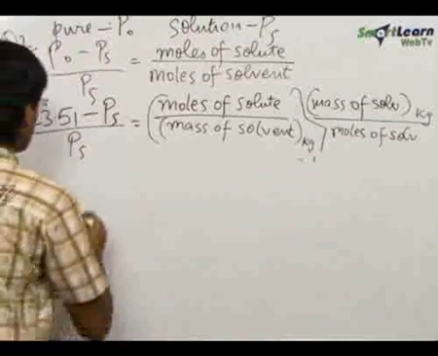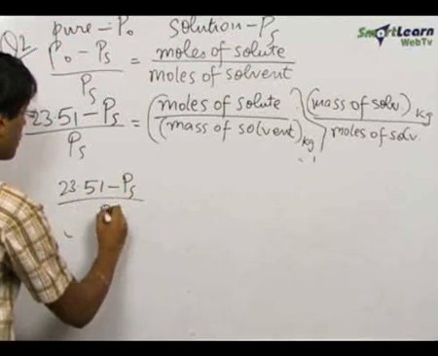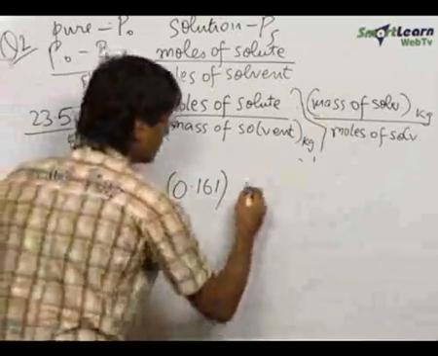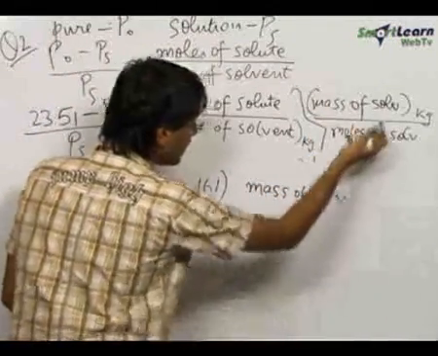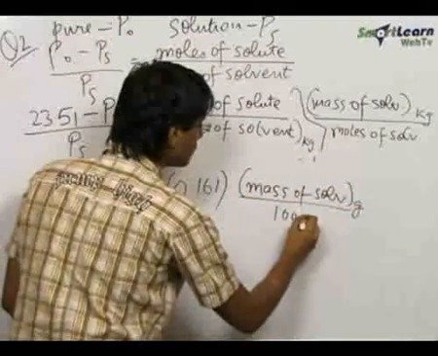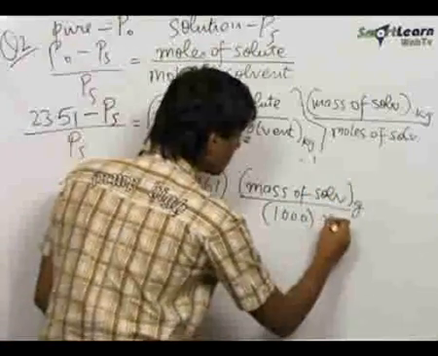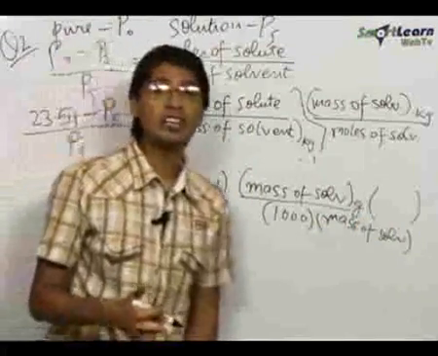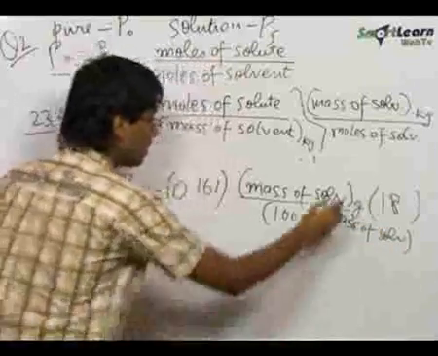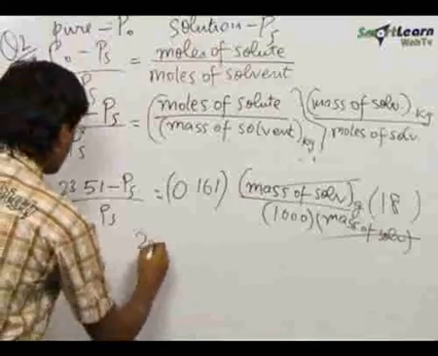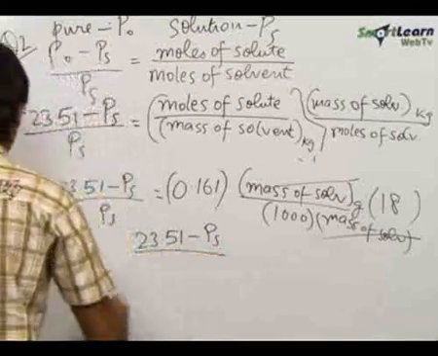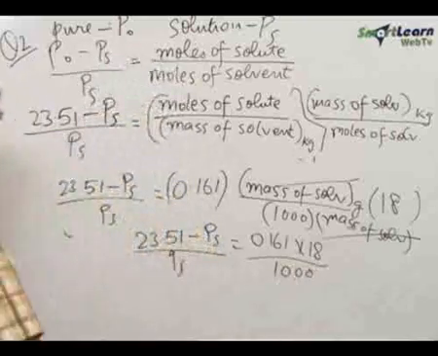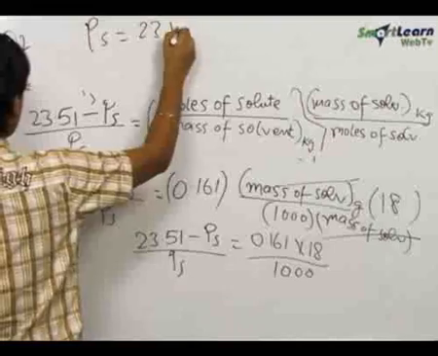Our molality is 0.161, so this becomes (23.51 minus Ps) upon Ps equal to molality, which was 0.161, into mass of solvent in grams divided by 1000. And this moles of solvent can be written as mass of solvent in grams upon the molecular weight of the solvent, and here we know that the solvent is water, so this becomes 18. This mass of solvent and this mass of solvent get cancelled, and we get the equation (23.51 minus Ps) upon Ps is equal to 0.161 into 18 upon 1000. On solving this equation, we get the value of Ps to be equal to 23.44